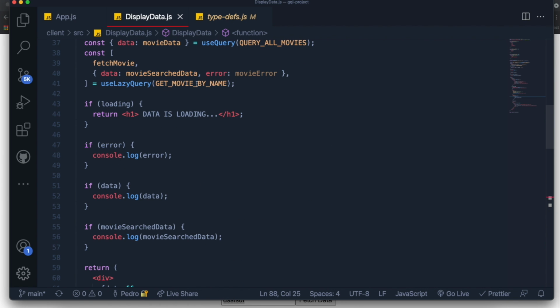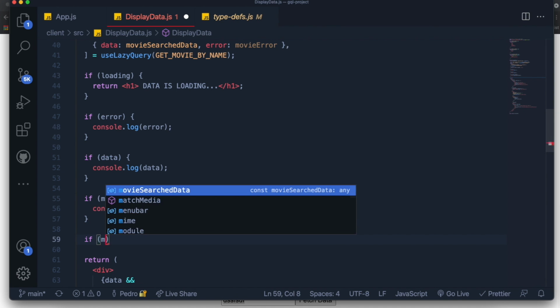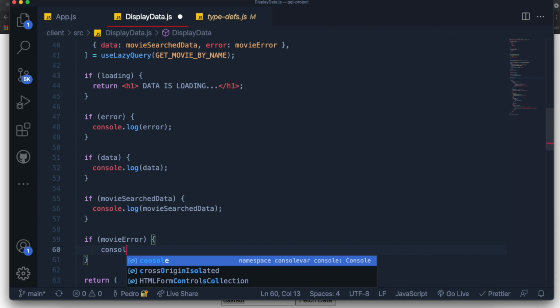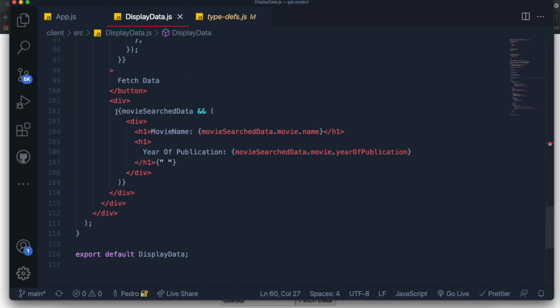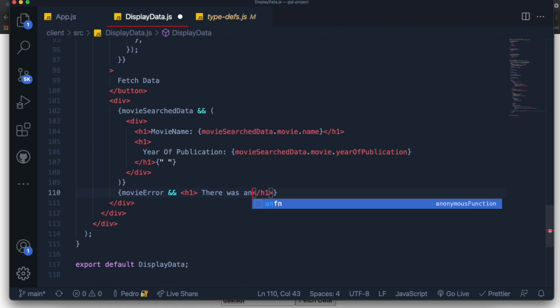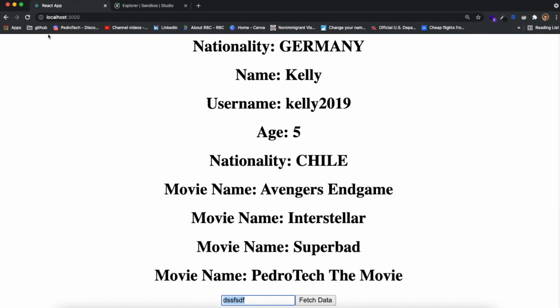So what we're going to do is check to see if this movieError variable over here exists, and if it does, I just want to console log it. So let me say if movieError exists, then I want to just console log it. And also, maybe do some UI error handling. Like, if this is true, we want to display this. But if movieError is true, then I want to display an h1 tag saying something like, there was an error fetching the data. And when I save this, you can see that if I refresh my page